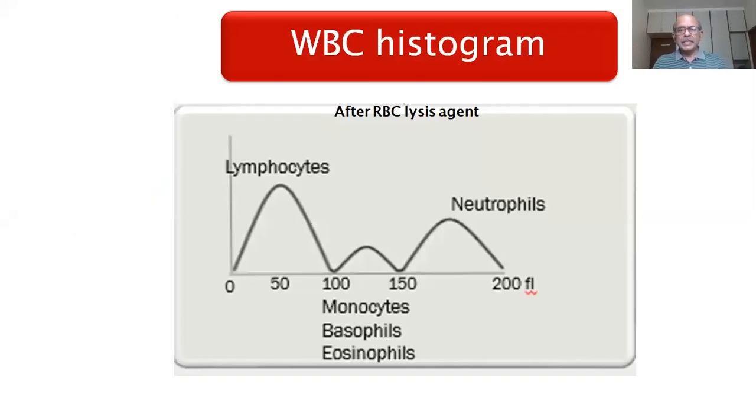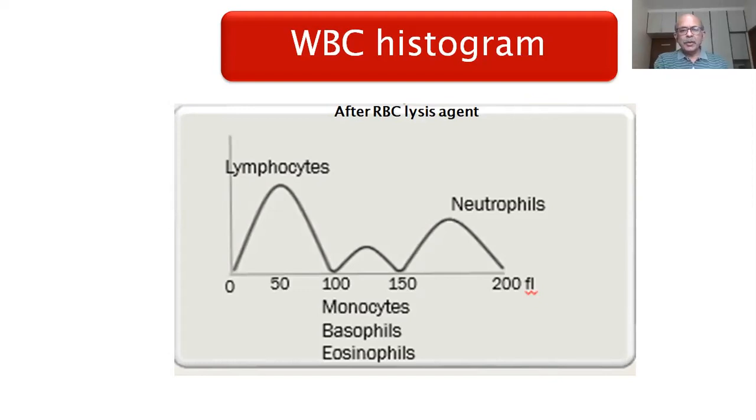After RBC and platelet histograms, let us discuss the WBC histogram. As I told you, the platelets and the RBCs are first counted. The cells are lysed so that the RBCs are lysed, and then whatever is remaining is counted as the WBC. The older generation machines which rely only on the counter principle, in other words, rely only on the size of the cell, will be able to differentiate between 3 types of cells: small cells, lymphocytes; large cells, neutrophils; medium-sized cells, which are a combination of monocytes, eosinophils and basophils.